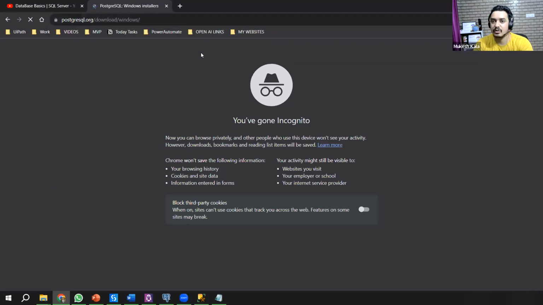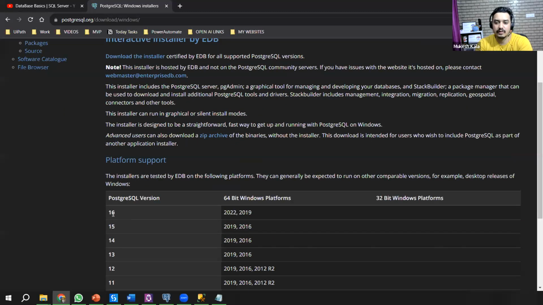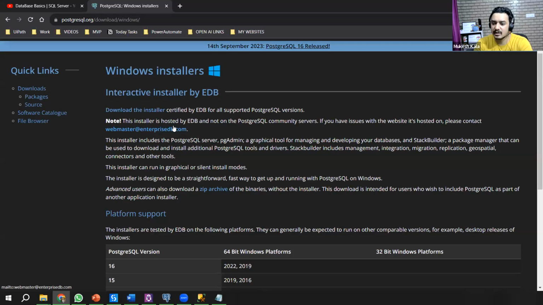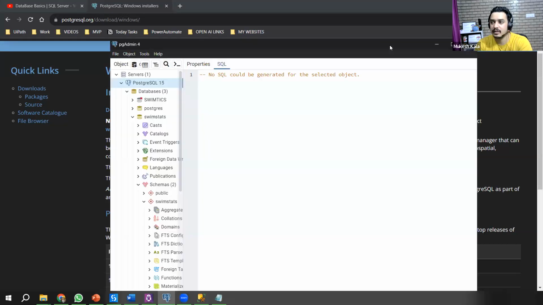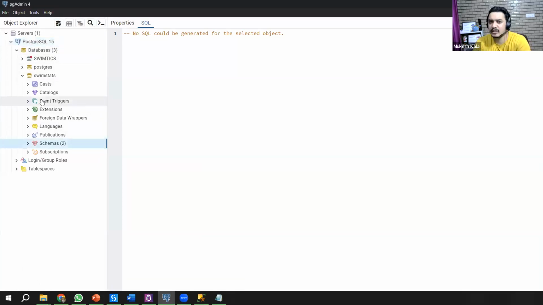So you can just come to this website, and here you have all the versions, whichever version you want to install, right? Absolutely simple database. Just click on install and it will be installed, right? This is how this database looks like. I'll just quickly show it to you. The first database which I showed was SQL, and this is a database in PostgreSQL, right? Because it is a relational database, most of the things you would see are the same, right? The databases are swimtext, Postgres, swimtext, and all, right? So these are all the databases.